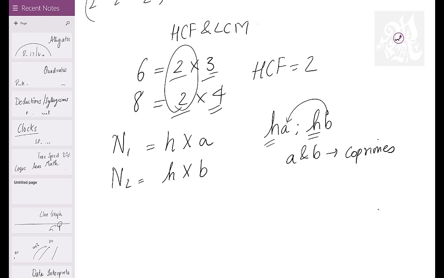Co-prime means two numbers that behave like prime numbers with respect to each other. For example, 3 and 4 are co-primes. They must not be primes as such. For example, 4 here is not a prime number, right? But they behave prime mutually. With respect to each other, they are co-primes. 16 and 25: 16 has just 2s in it, 25 has just 5s in it. Co-primes. Let's say one more example. 40 and 49. Now 40 has 2 and 5 and 49 just has 7. They are co-primes. You understand that?